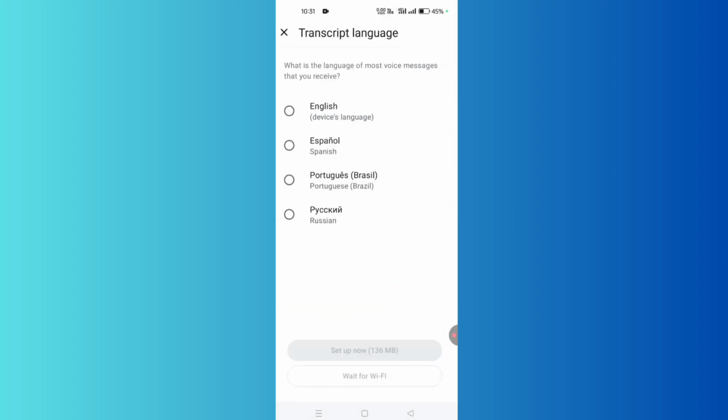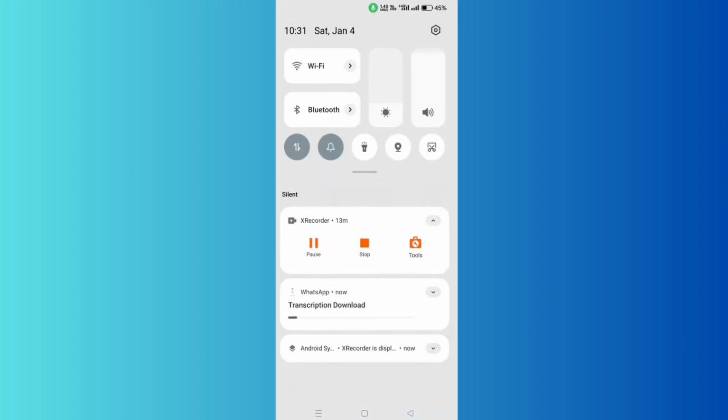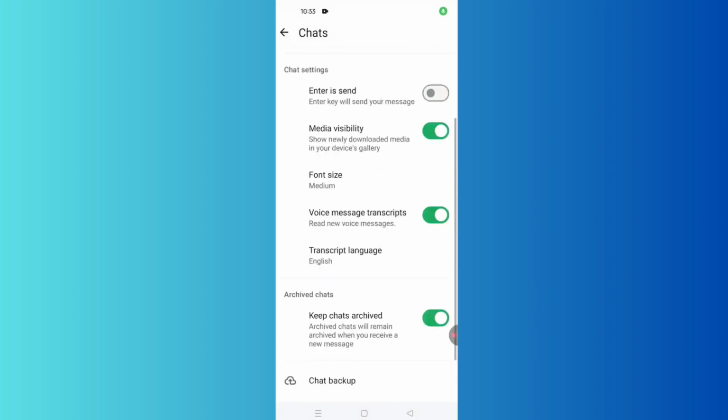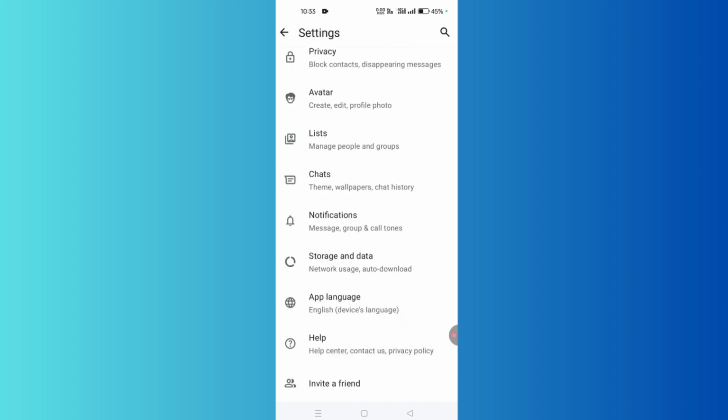You need to choose a language. I want to choose English. There are 4 different language options: Spanish, English, Portuguese, Russian. You need to click setup now. It may require a few minutes, so wait a little bit. Download is completed. Now go back to chat option,